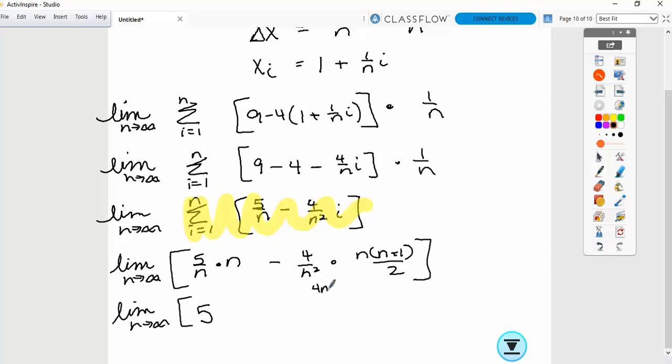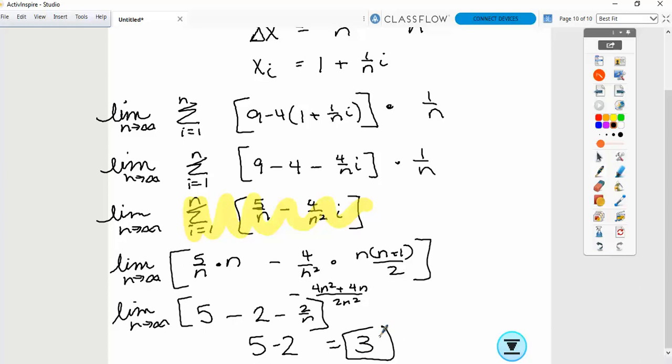We simplify this part, so we would have 4n squared, 4n over 2n squared. We're subtracting all of that off. So 4n squared over 2n squared is just 2. 4n over 2n squared is 2 over n. Then we can do the limit. Anything with an n on the bottom turns into 0. We get 5 minus 2, which is